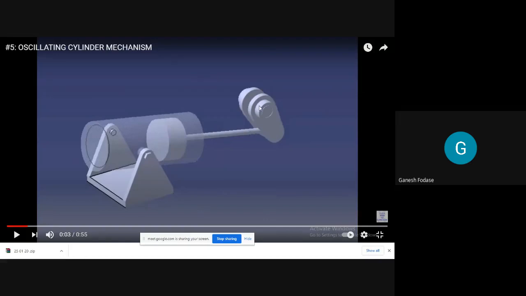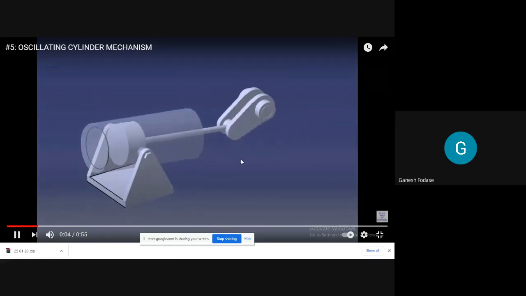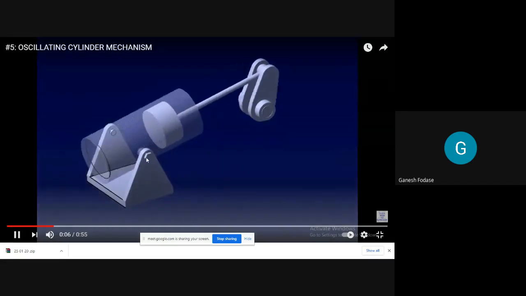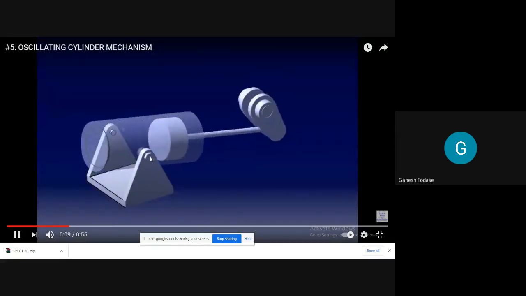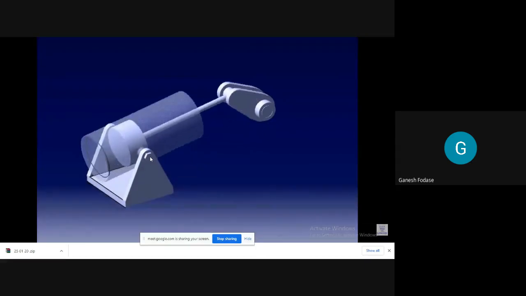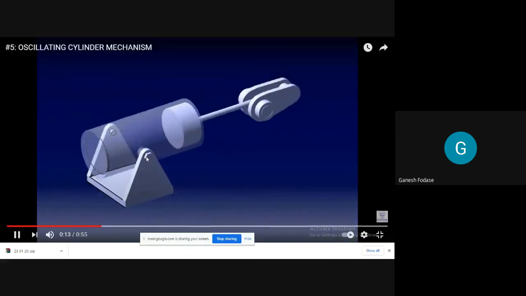Okay, you can see this one is the crank. I already showed you the schematic diagram in the slides. This one is the crank, which rotates about this joint. This one is the piston rod. Now the crank is link number what? You know the link numbers. The crank is link number 2. The piston rod is link number 1, the entire assembly, and this cylinder is link number 4, while the fixed link is link number 3. Actually, link number 3 is not shown here, but the link joining this 2 and this link is called link number 3, which is fixed here. Okay, and now see how it rotates. This crank is rotating, and the cylinder, this is the pin joint here, you can see. About the joint, the cylinder is oscillating. Clear?